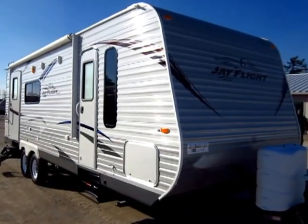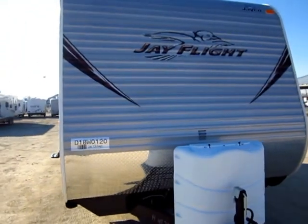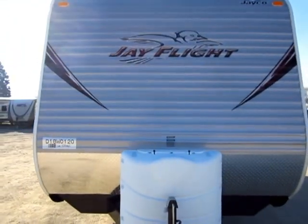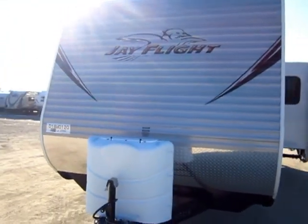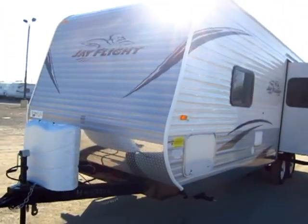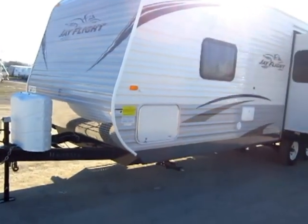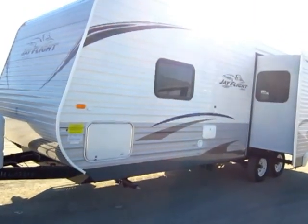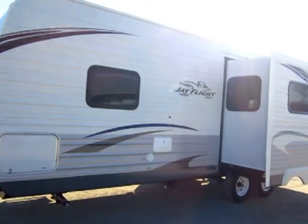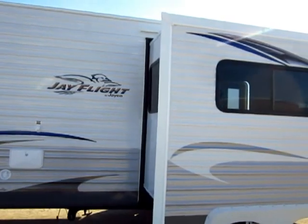Brand new 2013 Jayco J-Flight 25 RKS. The J-Flight's the number one selling series of travel trailers for, man, going on like 8 years now. More standard features than anything else in its class. Diamond plate standard, under-mounted spare tire holder standard, 30-pound propane tanks with auto changeover regulator standard, outside shower standard, black